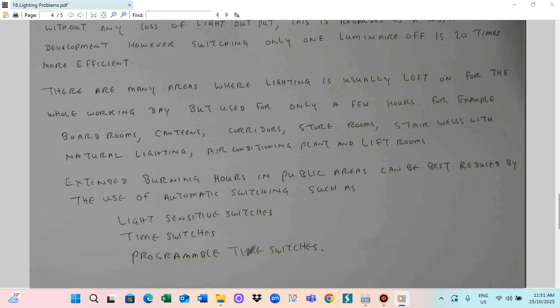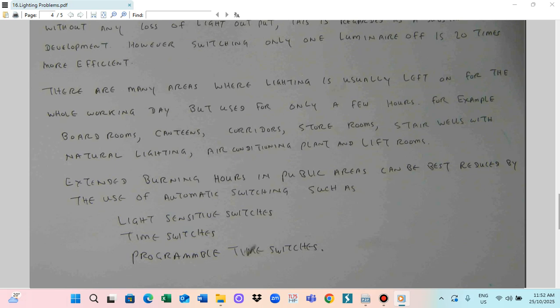There are many areas where the lighting is usually left on for the whole working day but used for only a few hours, for example the boardroom, canteen, corridor, storeroom, stairwell with natural lighting, air conditioning plant, and lift rooms.